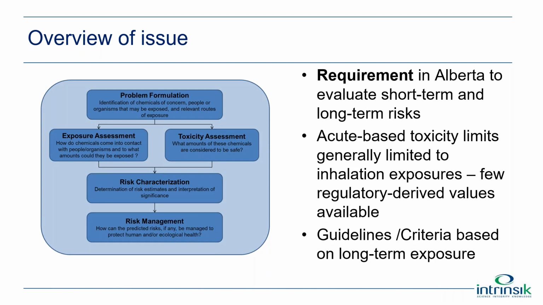And you take the values that you determine in this step, you pair them with an exposure estimate, and with those two things combined, you estimate a potential risk to the people or group of people and the different types of pathways of exposure that you've identified for your project. And those risk characterization estimates are important because they then can determine risk management options for a particular site or a particular building or operation. It could also affect site liability in future.